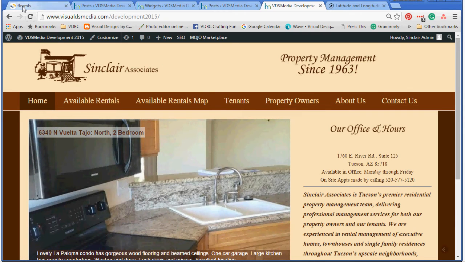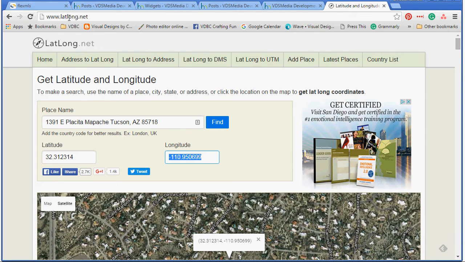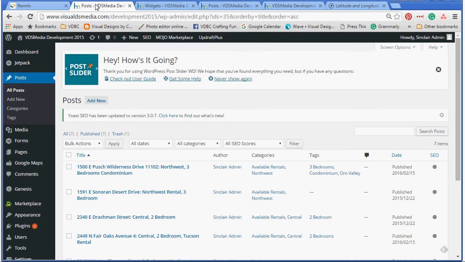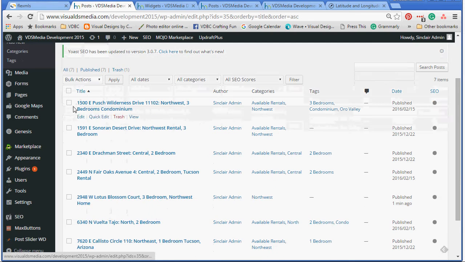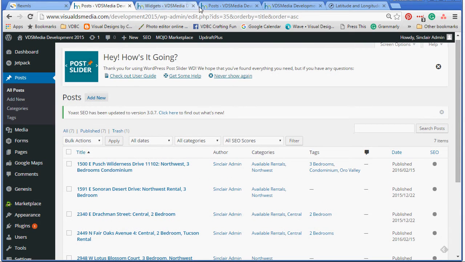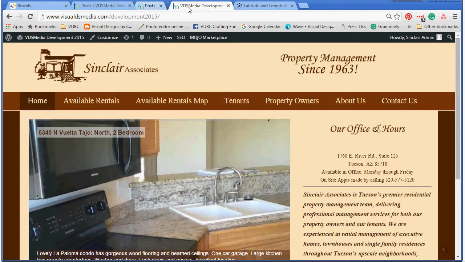So what we want to do is have your tabs open. I have this latlong.net and I have your MLS listings that we want to load today. I have a listing of the posts because I've sorted them. I've been listing them by their address so that you can easily sort them and use them in the future. You don't need that. This is posts again, and this is the front page. So basically what we want to do is